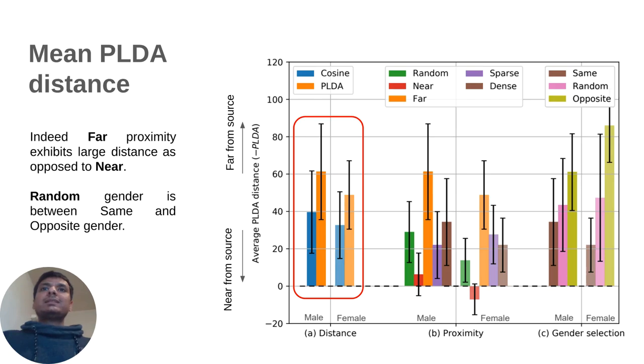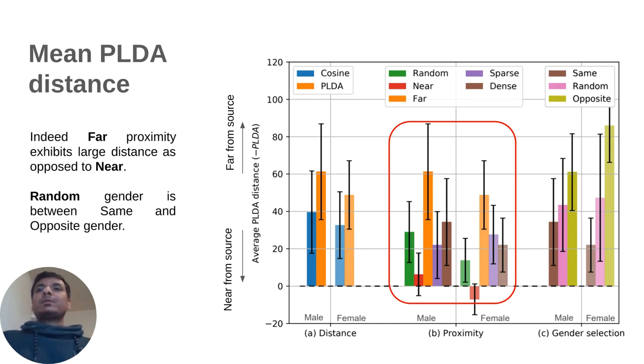Now compare the distance metrics, which are cosine and PLDA. We see that the orange bar, which is PLDA, gives us much farther pseudo speakers than the cosine measure. If you compare the different proximity values, you will indeed see that when we want to obtain the far pseudo speakers, that is the highest average distance from the source, and near indeed produces lower values. So the proposition that we conjectured, that averaging might result in a pseudo speaker which is closer to the source,